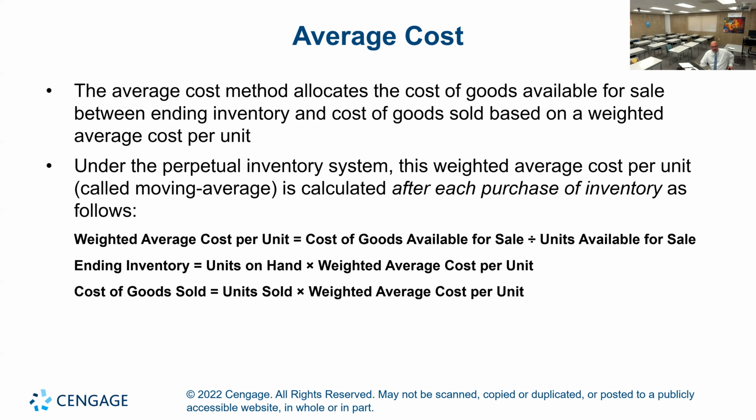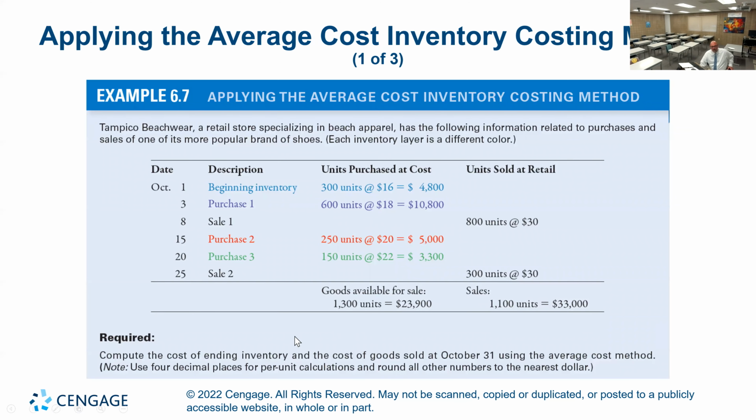Okay, so next, average cost method. Under the perpetual inventory system, it's kind of a moving average because you always have to figure out what the average cost is of the inventory at that point in time in the sale. So when we're doing average cost, we sell these 800 units. Our cost of goods sold is going to be